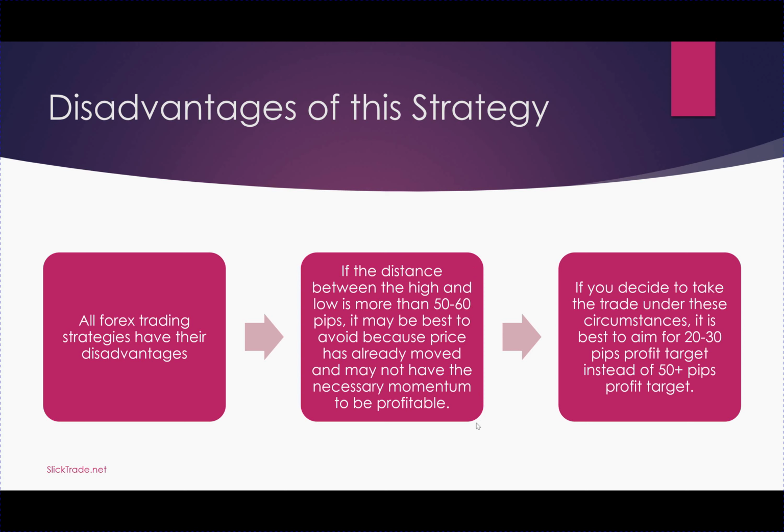I highly recommend going back on your charts and looking at the assets that you're going to add to your trading plan, and go back for a period of 6 months, go through every trade and look at how it would work out. Okay, so if you decide to take the trade under these circumstances, where there is a much larger distance, it's better to aim for 20 to 30 pips profit instead of the 50 or more, because price has already moved. So